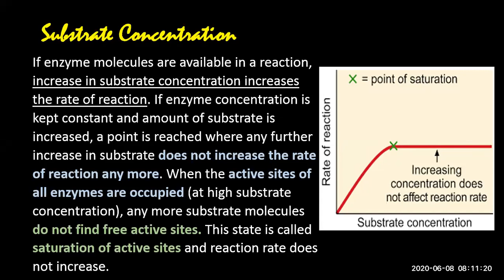Because of that, now the rate of reaction is not going to increase, it becomes constant. So this is how substrate concentration affects the rate of reaction to a certain limit. Later on, the rate of the reaction will not increase, it will remain constant, right? I think so. I have clarified the concept quite well. Let's move to the next factor,